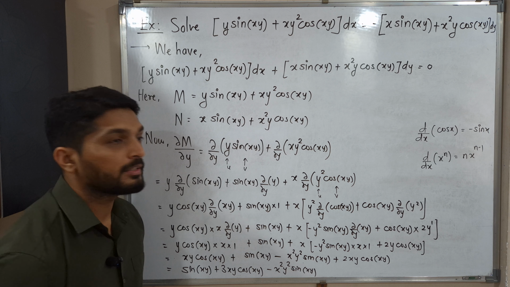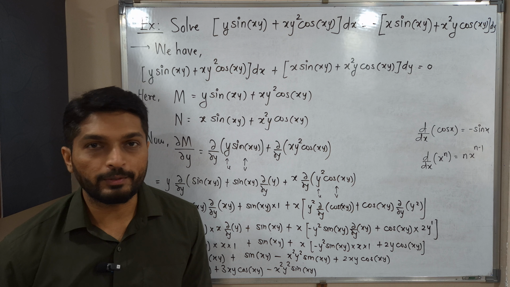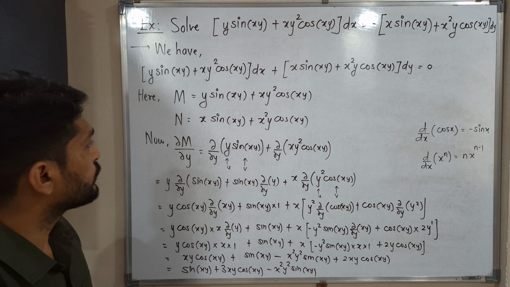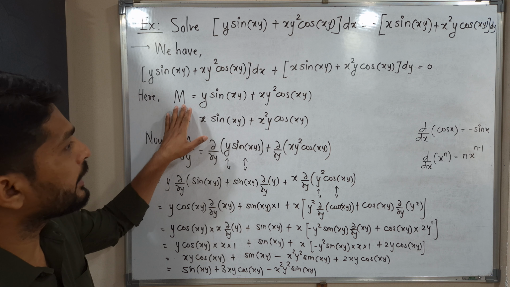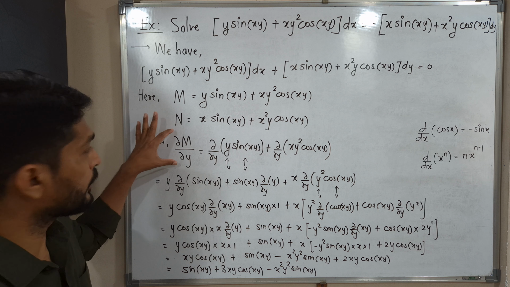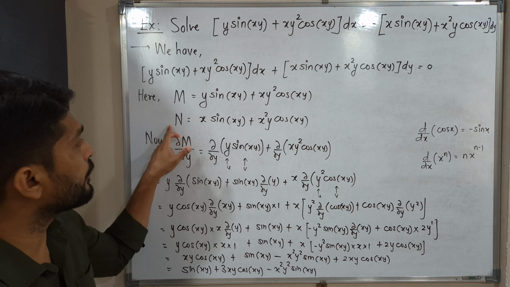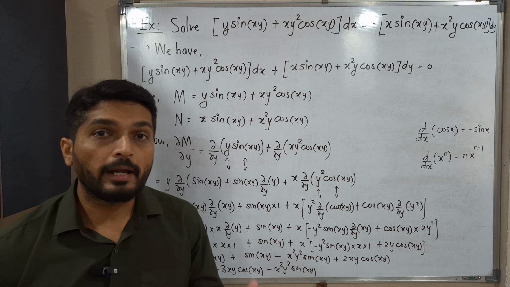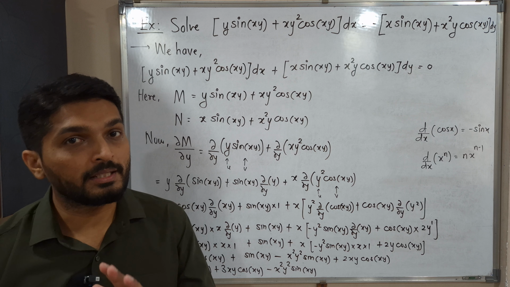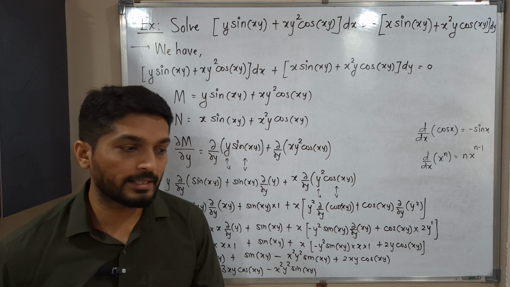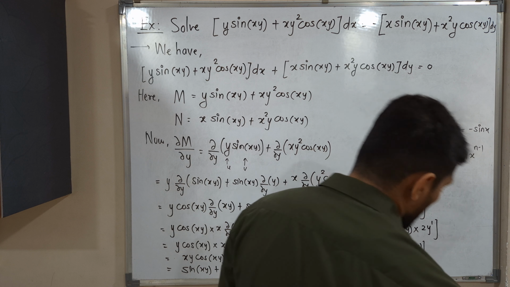So finally we got the derivative. It was a very lengthy problem actually, this partial derivative. So we got the derivative of m with respect to y. Now the second task is remaining, that is the derivative of n with respect to x, and both derivatives must be the same, then only we say it is an exact differential equation. Okay, so see,